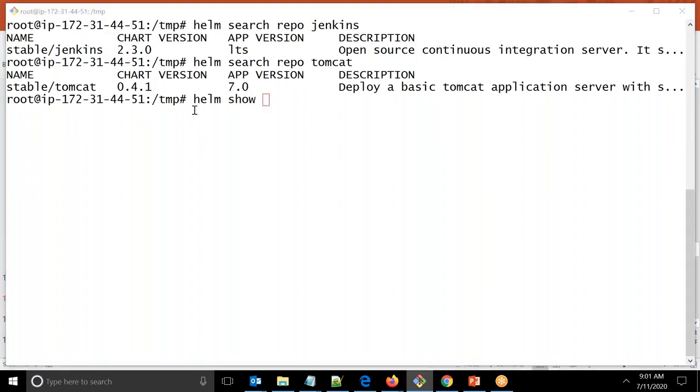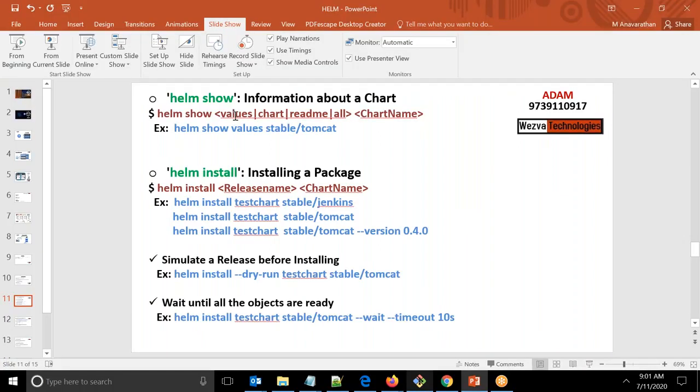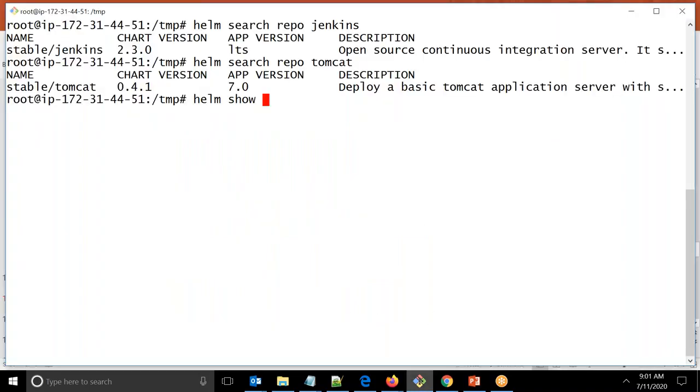So that's where you need to use any one among them, that is values or the chart information or the readme, or if you say all, it's going to get you everything. Okay, so now if I just say values, and this is the name of the chart. Okay, so if I just enter,